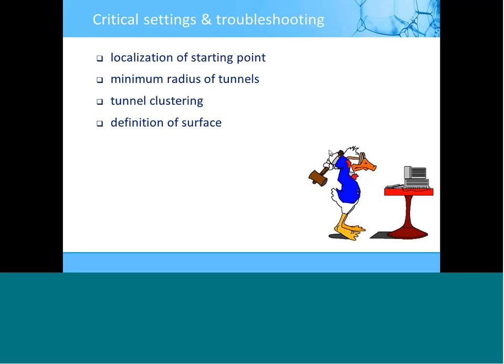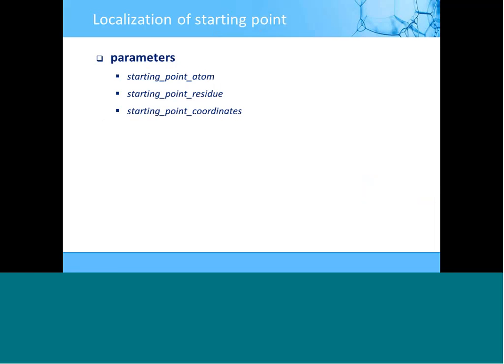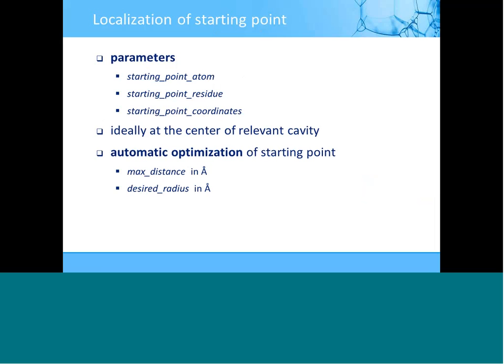So to define a starting point for Caver calculation, you can use one of the following parameters: the ID of atoms you want to use, or residues, or directly supply the coordinates of your starting point, which is probably the hardest. You should put an effort into positioning your starting point as close to the center of the cavity as possible. To help you with this task, Caver performs some optimization of the starting point, which is governed